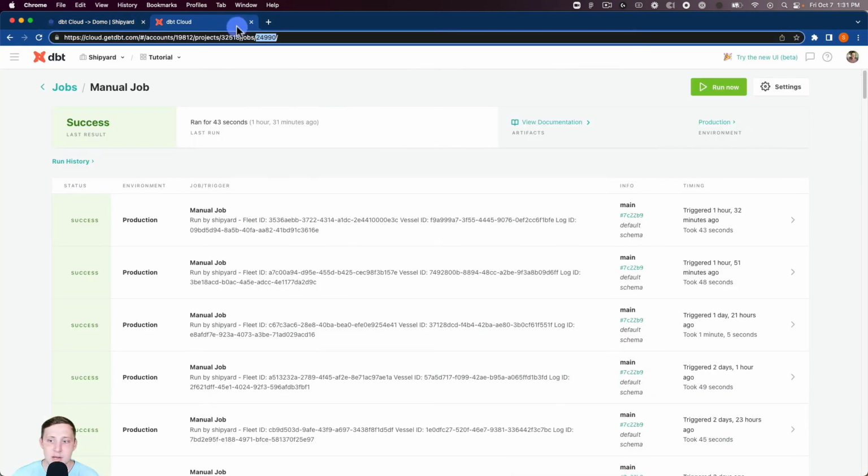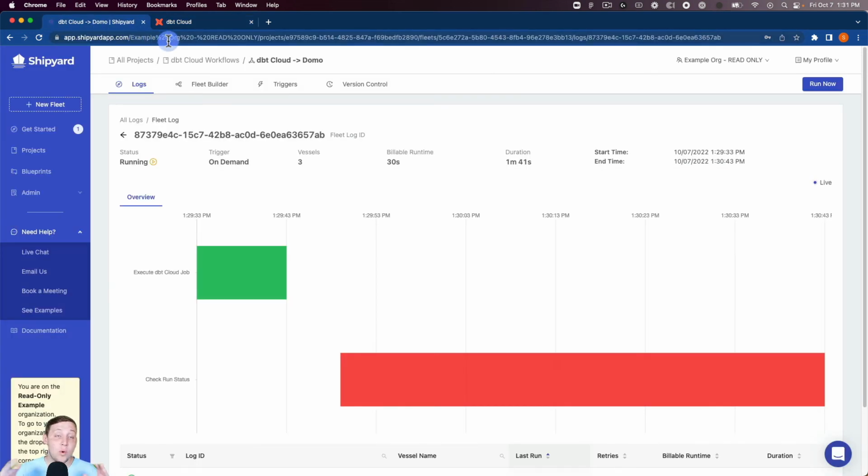So you can see if I go to DBT Cloud, you can see that these generally take 43 seconds up to even a minute sometimes. So it's always good to go looking at your last 5 or 6 DBT Cloud runs for that specific job. And you want to nail that guardrail system somewhere in that space. So if your job's going to take an hour, you definitely don't want this thing to be kicking off every 5 minutes, because that's just going to be giving failed runs over and over and over again, which you don't want. You definitely want to try to set it up so it's going to hammer home right whenever it finishes